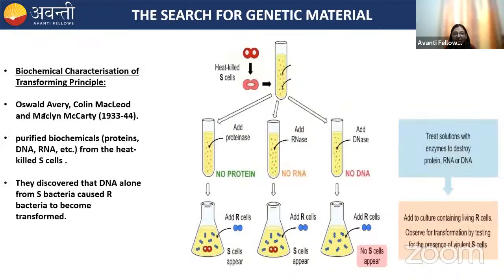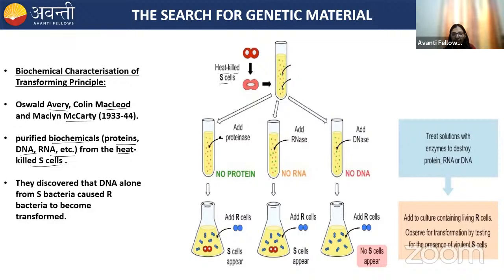So the next experiment was done by Avery, MacLeod, and McCarthy, and they explained the biochemical nature of the transforming principle, which Griffith could not explain. So what Avery, MacLeod, and McCarthy did, they purified the biochemicals, which are protein, DNA, and RNA, from the heat-killed S strain. So this test tube contains all the biochemicals which are purified from this heat-killed S strain, that's DNA,